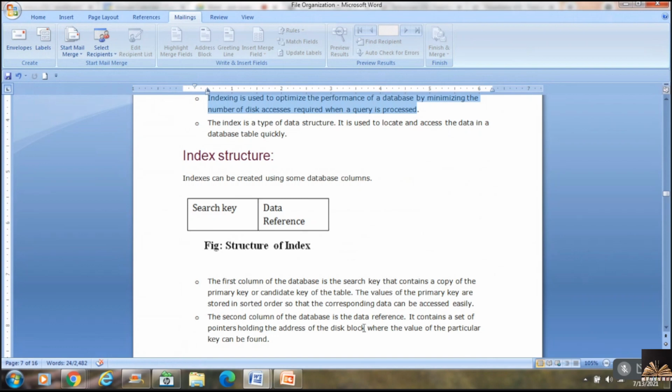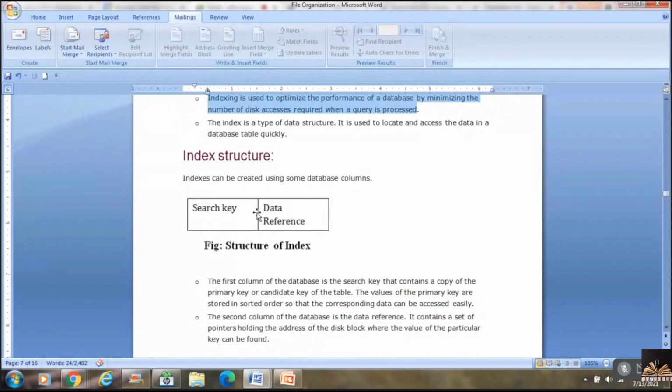The second column is the data reference, where the actual data is stored. It contains a set of pointers holding the address of the disk block where the value of this particular search key can be found. Maybe I'm looking for employee 001. Assume the search key is the employee ID, which is the primary key.